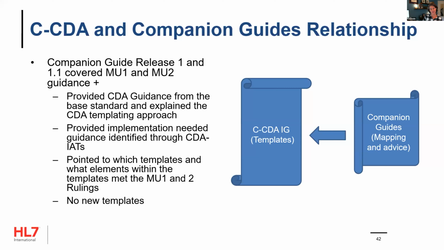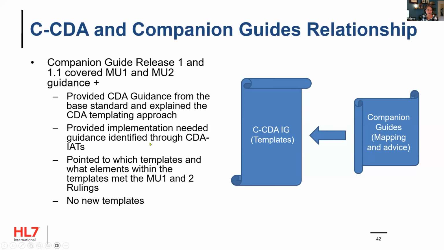To provide extra guidance for implementers, back in the day when we had Meaningful Use 1 and 2, we started developing companion guides: guides that reused C-CDA templates and also provided guidance with respect to the data elements being requested by ONC. The original one provided additional guidance over the base standard,